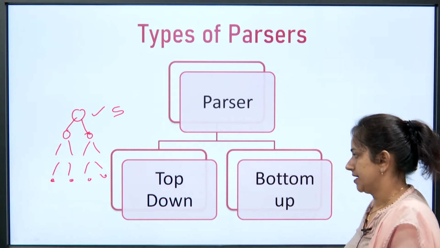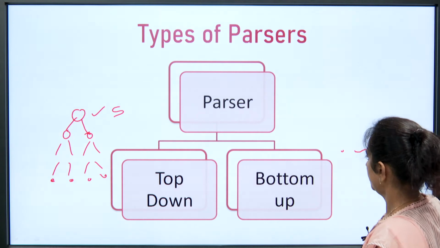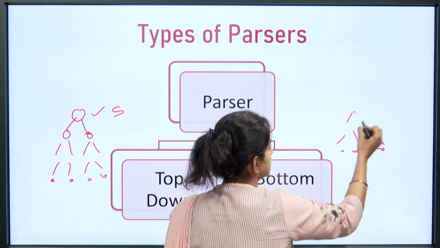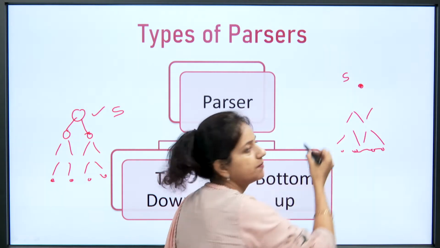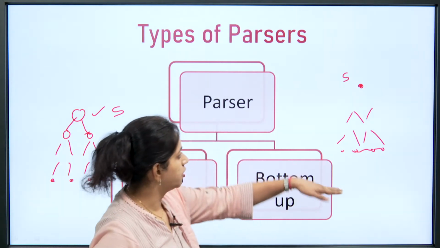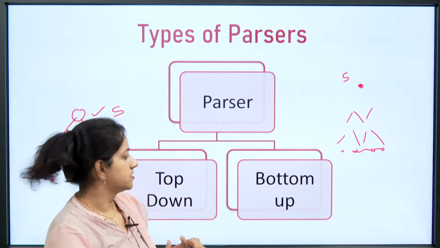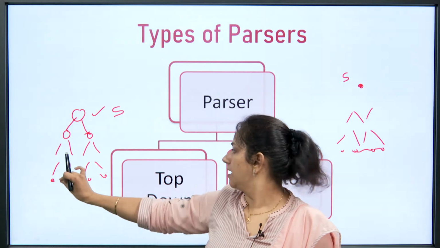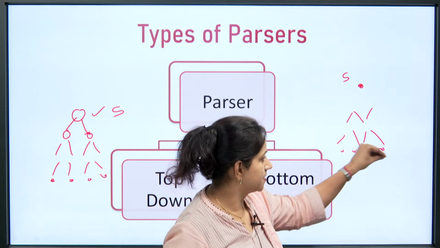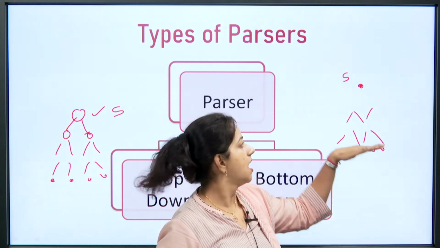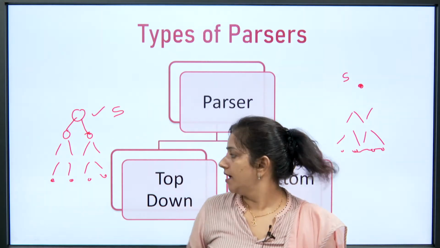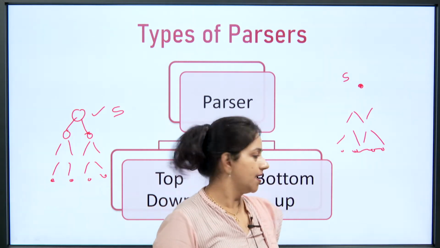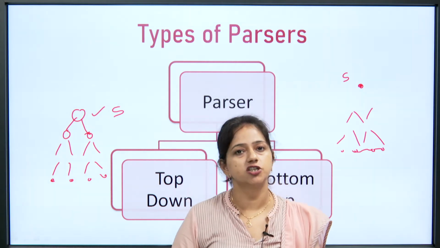Now, in bottom up parsing, we start from the leaves or the terminals, then we do the reductions, and finally we end at the start symbol of the grammar. So, in both cases we are doing the derivation and obtaining the parse tree, but the approach is different. Here we start from the start symbol and end at the sentence, and here we start with the sentence or string of terminals and end at the start symbol of the grammar. Examples of top down parsers are the predictive parser or recursive descent parser. Examples of bottom up parsing are the shift reduce parsers.